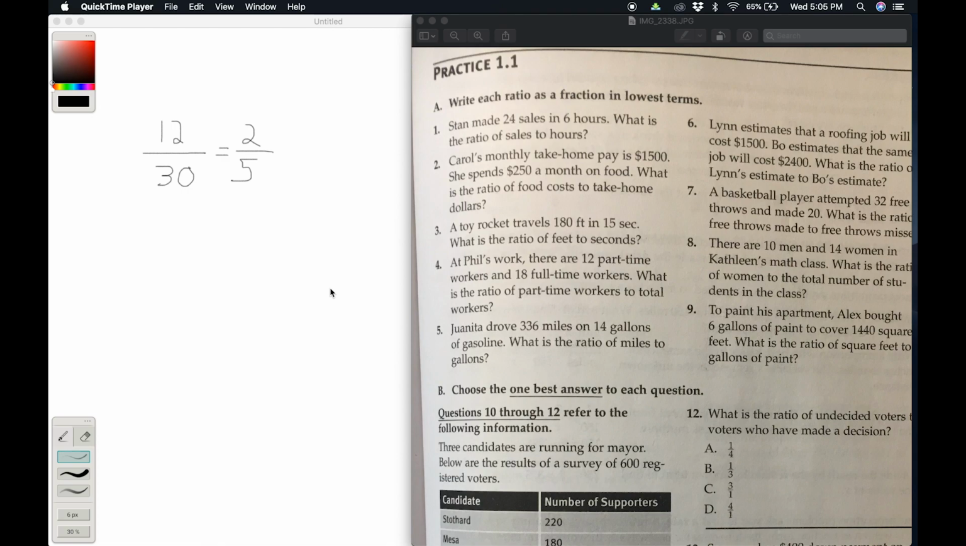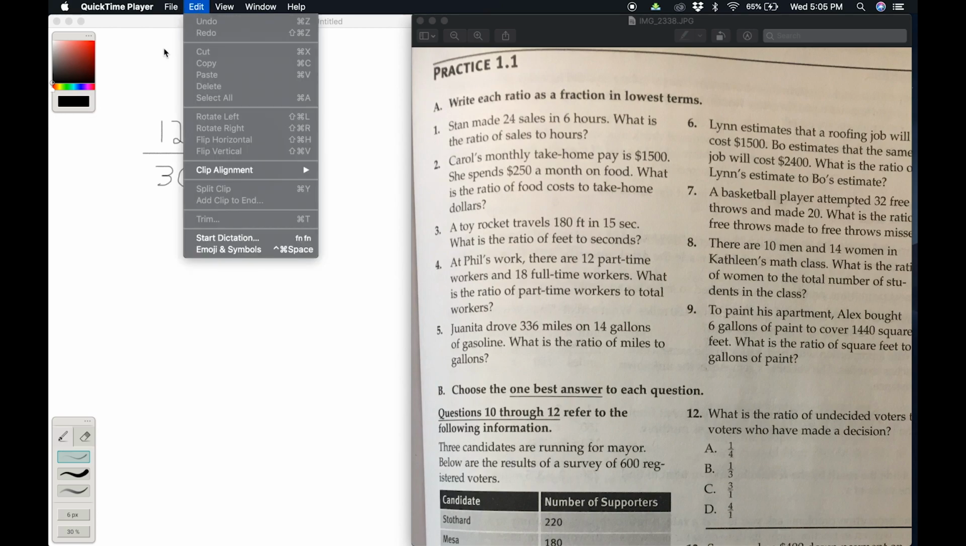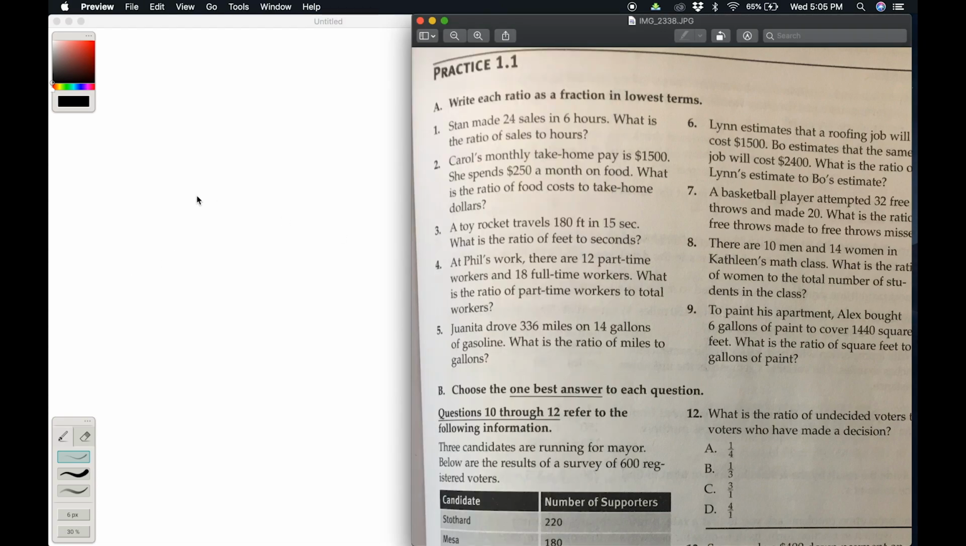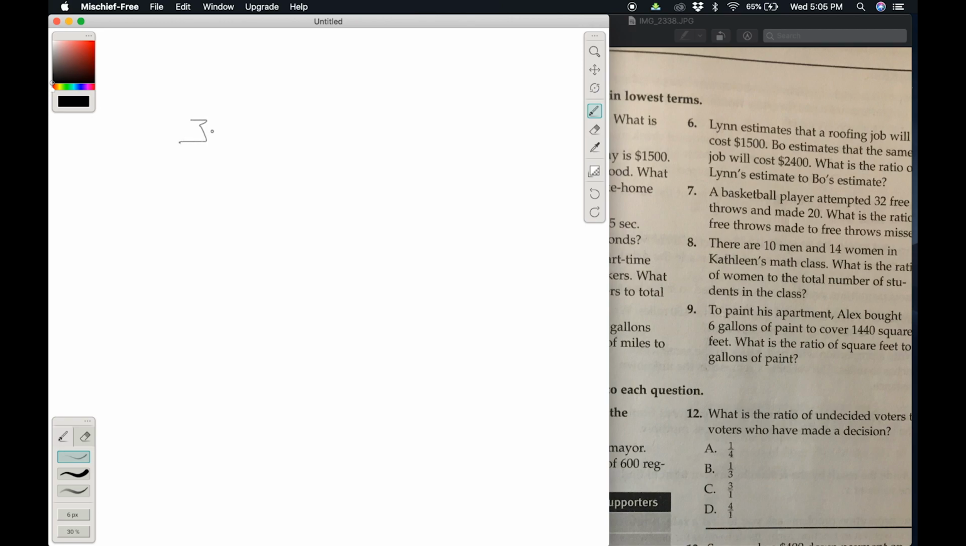Okay, so number 5. Juanita drove 336 miles on 14 gallons of gasoline. What is the ratio of miles to gallons? All right, 336 on 14 gallons. 336, since that was the first one in the question, over 14 gallons. So the ratio to that is,